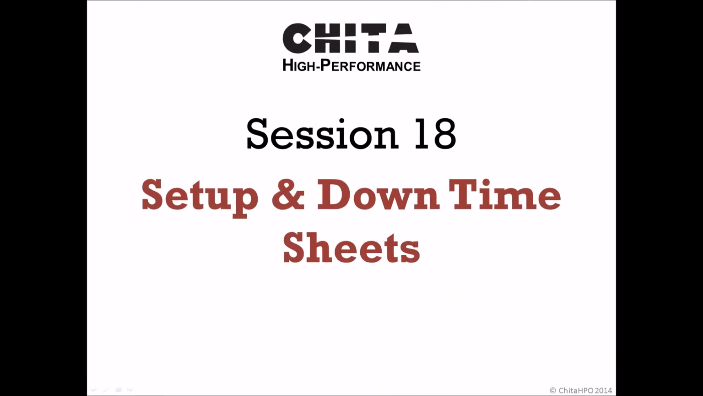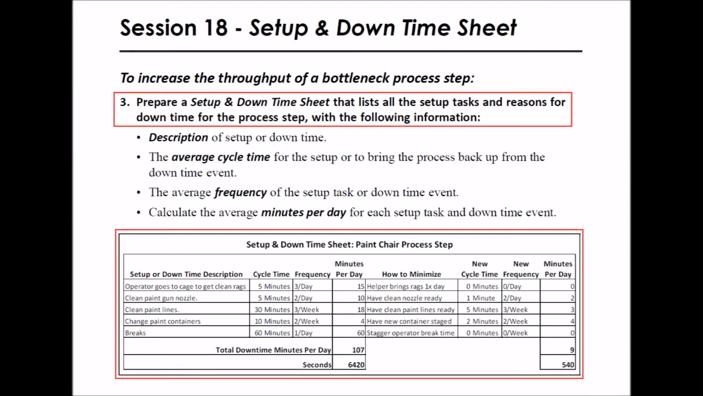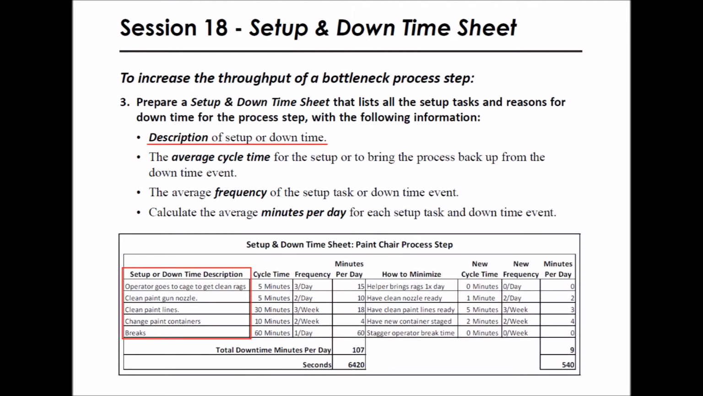Task sheets are used to reduce processing time. In Session 18, the operators will look at reducing any setup or downtime for the bottleneck process step. To reduce setup or downtime, prepare a setup and downtime sheet that lists all the setup tasks and reasons for downtime for the process step with the following information: a description of setup or downtime event, the average cycle time